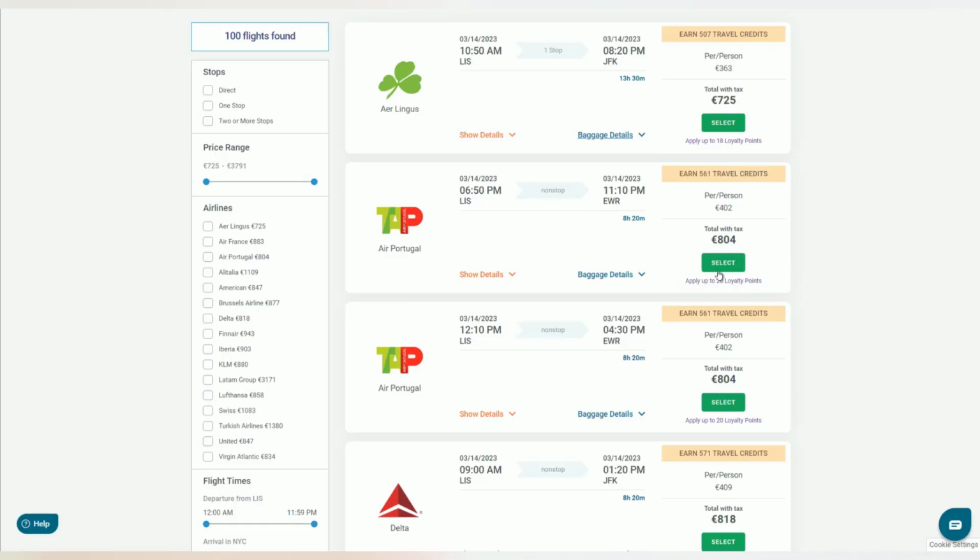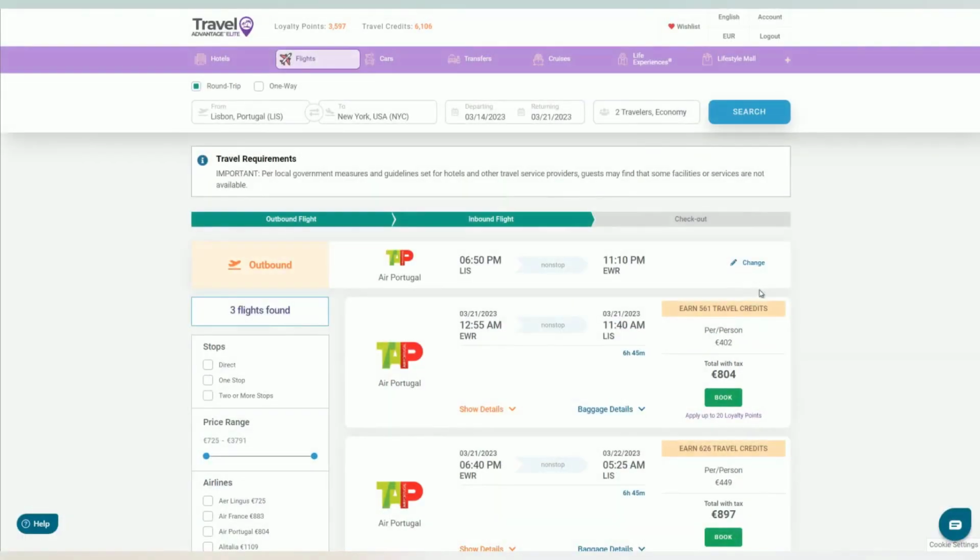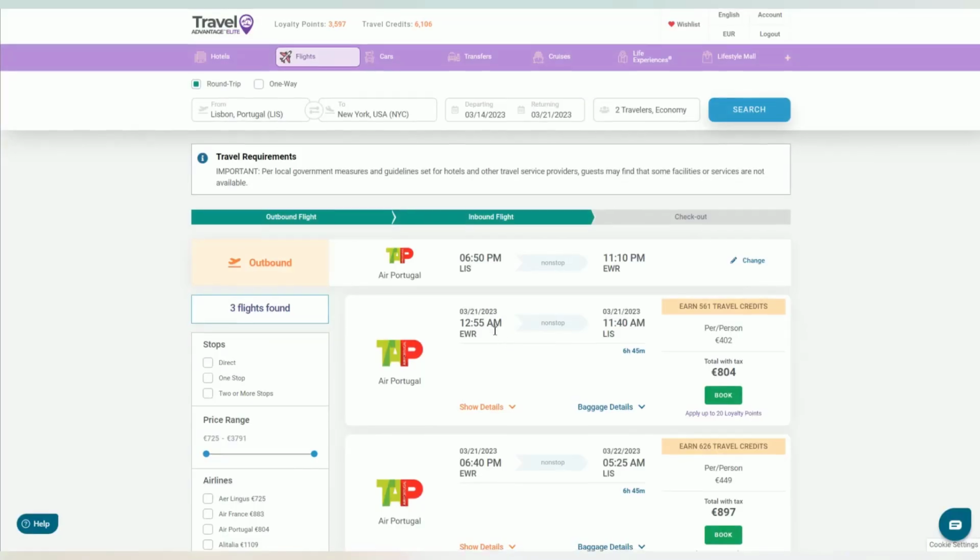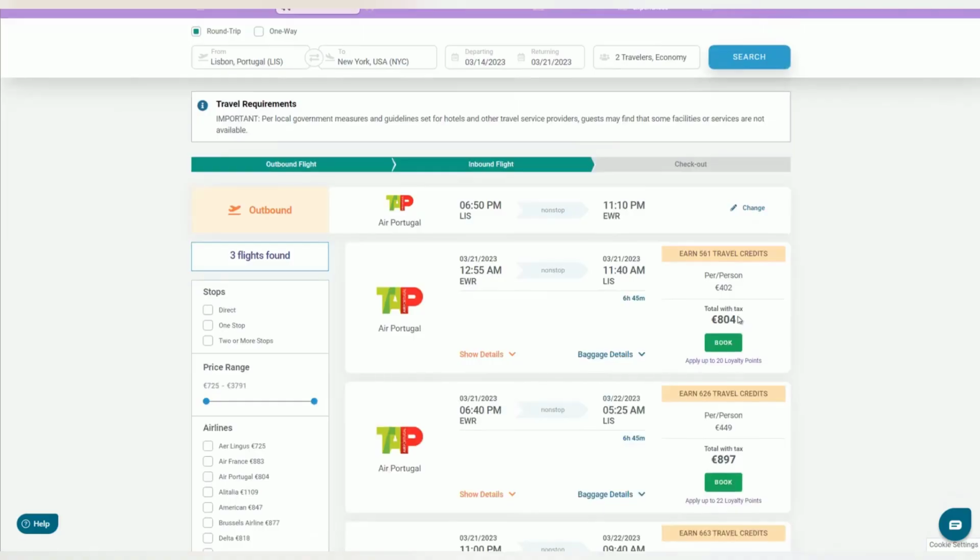So I'm going to select this flight, and as you can see at the beginning, I'm only choosing the flight from Lisbon to New York. This is the price for coming and going, but first I choose the flight that I want to go on. I click on select, and now the website is going to give me multiple options for the flight to come back. As an example, the cheapest one, at the price that was shown before,